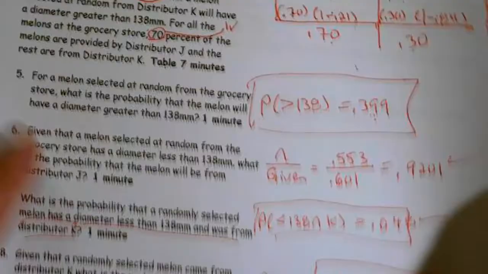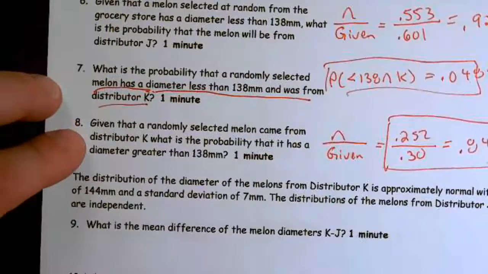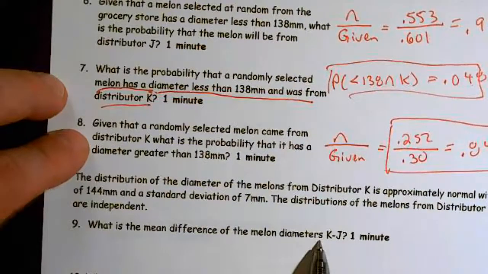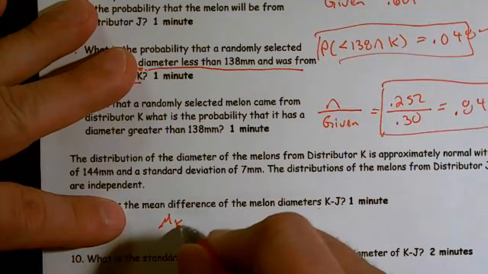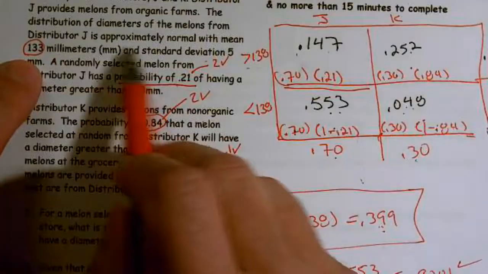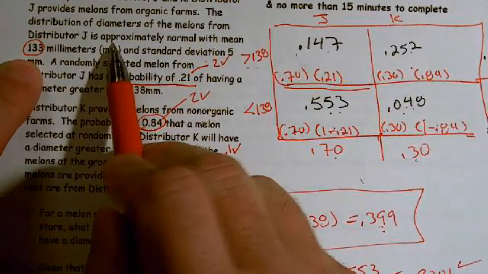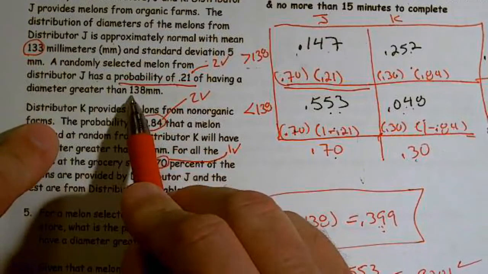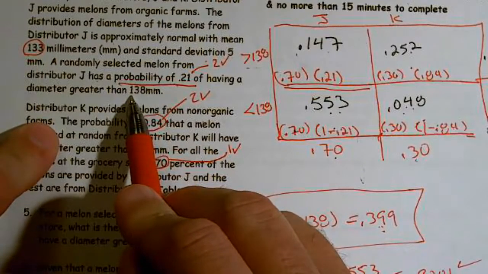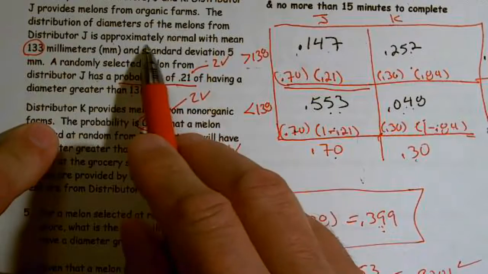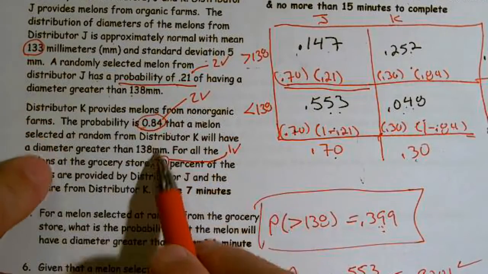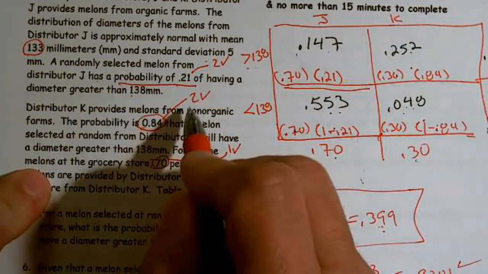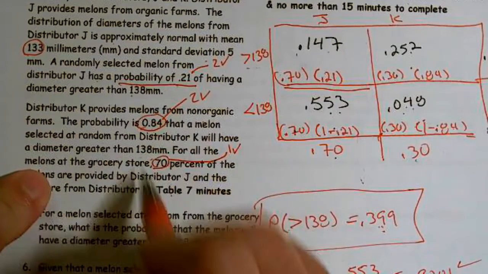So moving on. What is the mean difference of the melon K minus J? So they want the mean of K minus J. Well, what do we know? So J has 133 and, excuse me, 3, 5, and K has a